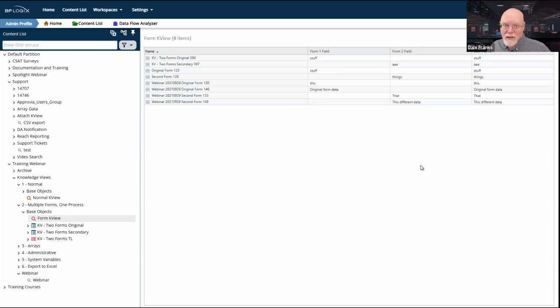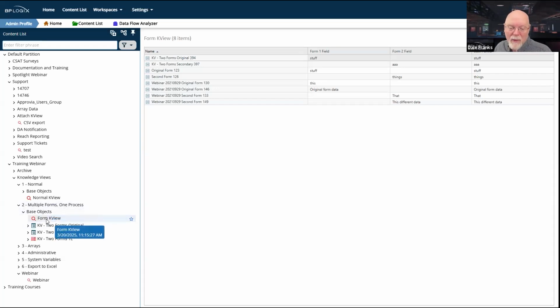The fact that they have the same names so far is irrelevant. It will be relevant, but right now it's not relevant because Process Director is going to return this form, and input 1 on form 1 is a completely different field than input 1 on form 2. They're just not the same.